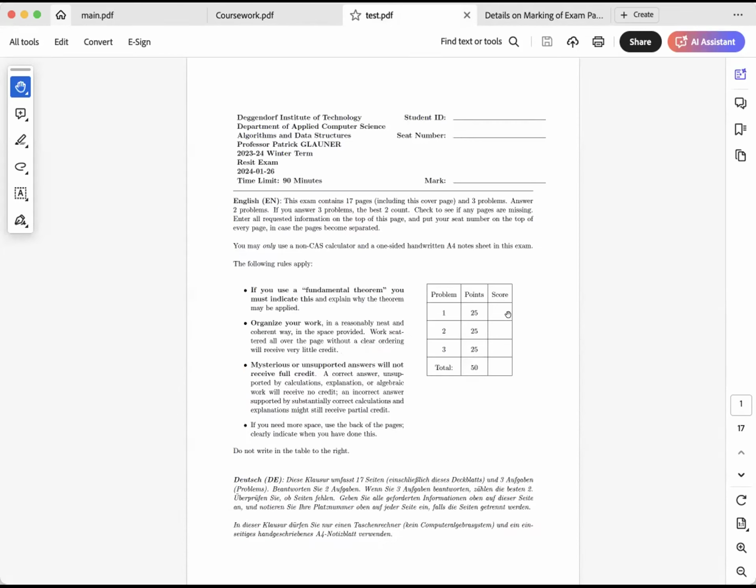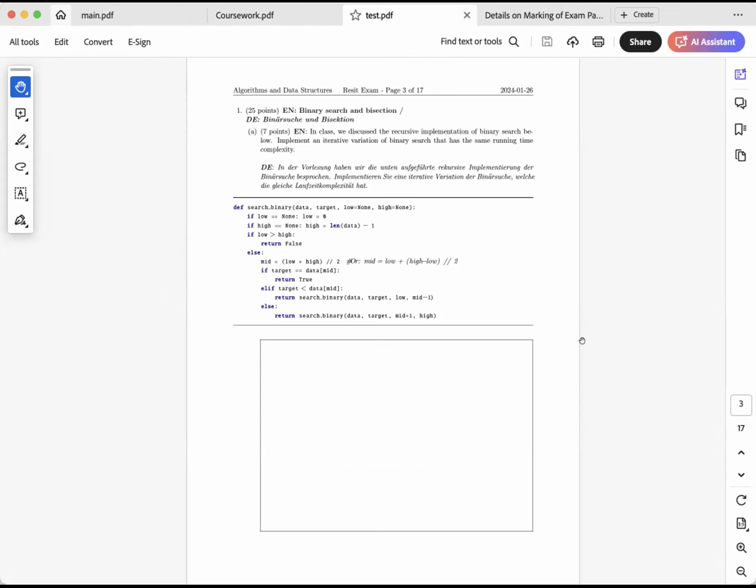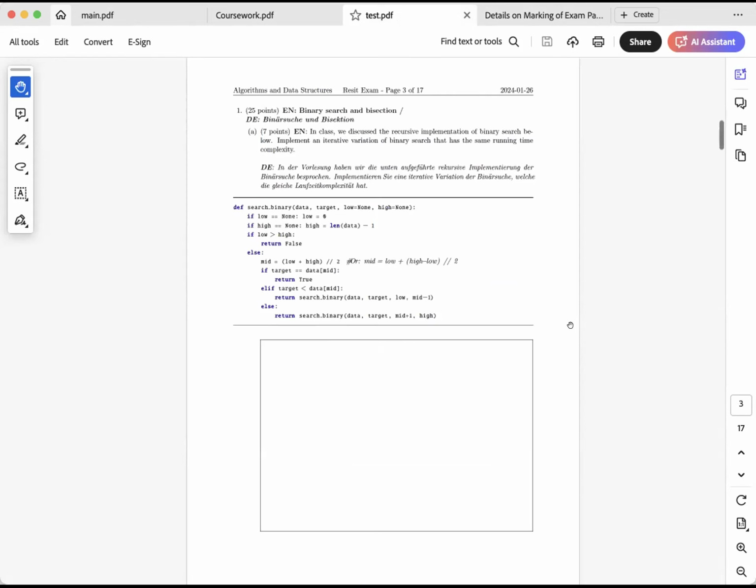This is something in general about the exam. And in the exam, there are 3 problems. You see all the past exams in my Nextcloud. Last year, there were some students from the German language program. They claim they struggle with questions in English. And that's why, starting with the resit exam from last year, I have directly put in translations of these questions. So for example, problem 1, it's binary search and